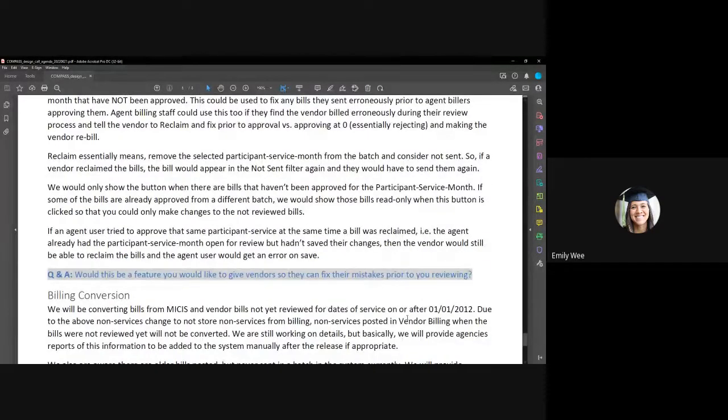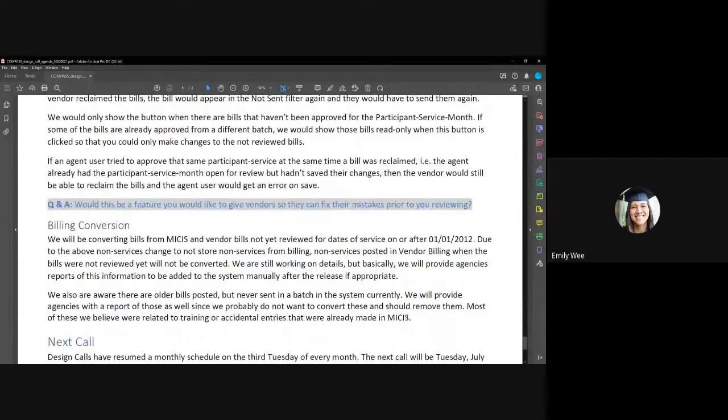We're converting bills, vendor bills and bills from MySys for service dates after 1/1/2012, but due to the non-service changes, if non-services posted in vendor billing are not reviewed yet, then we're not going to convert them. Obviously you don't really even want to think about this at this point. We'll probably remind you again once we're at the point of release, but if you didn't have everything reviewed at the time of conversion, you would have to re-add those non-services in